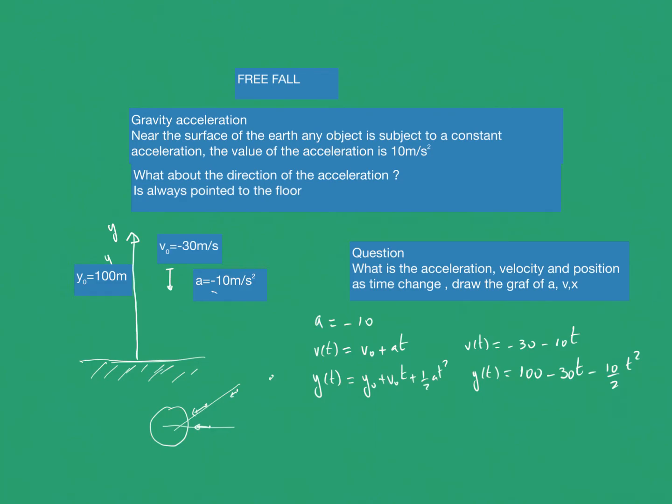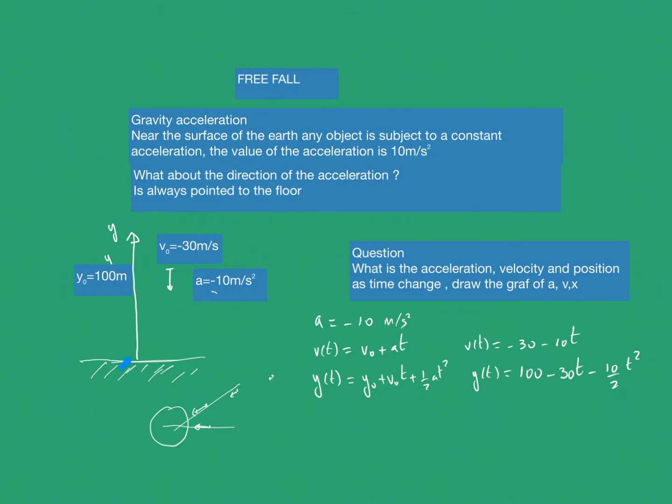If the acceleration is minus 10 meters per second squared, what will be the velocity of an object launched with v0 equal minus 30 meters per second? We use the same equation, v of t equals v0 plus a times t,